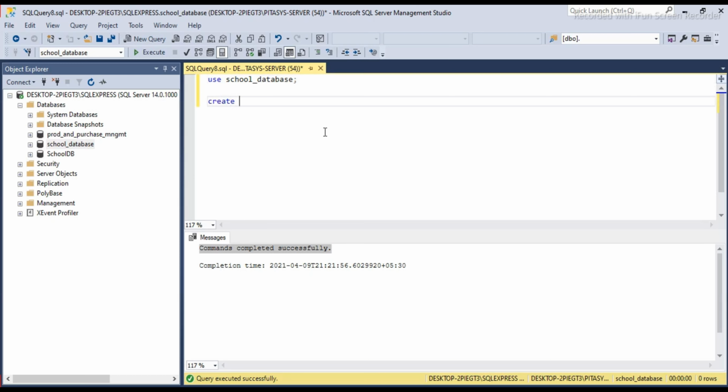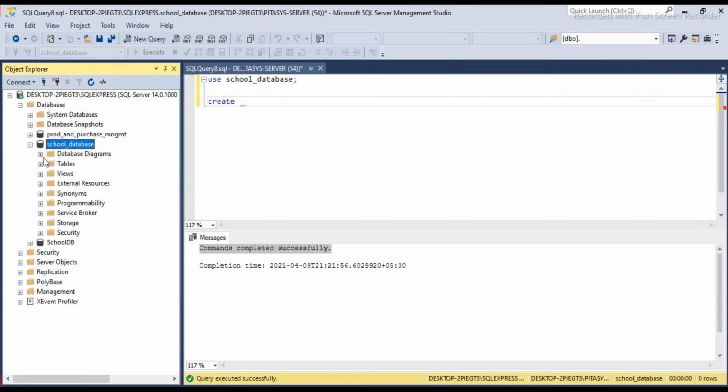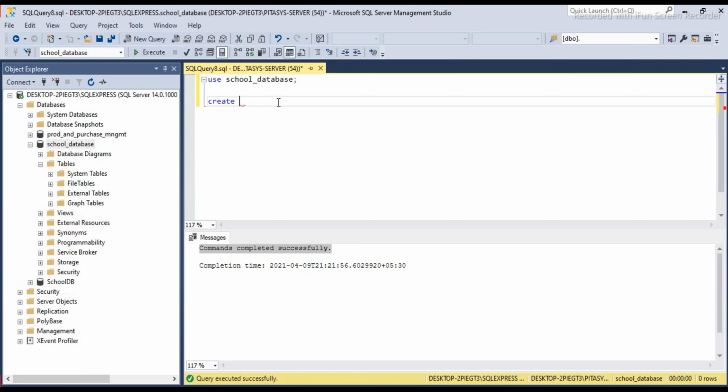Now we are going to create a table in the school database. You can see there is no table defined over here, as we have created a new database. Now this is the syntax of create table. Now we can erase the use database query as there is no need.